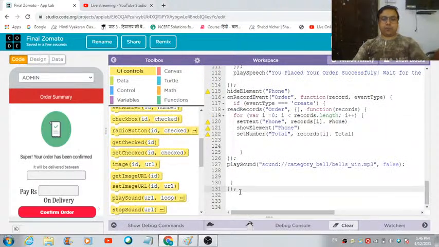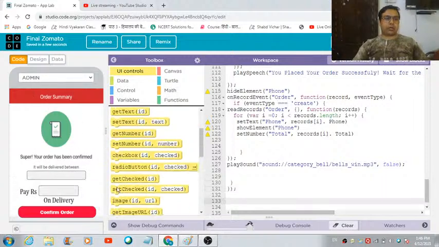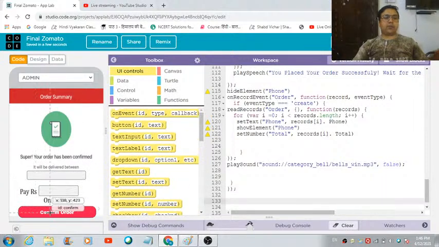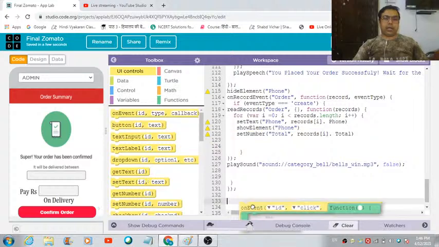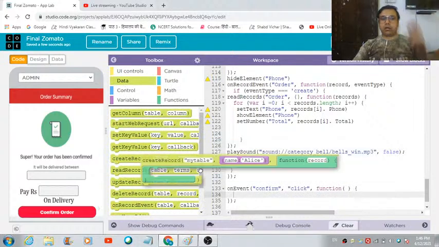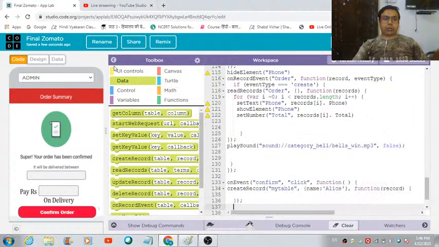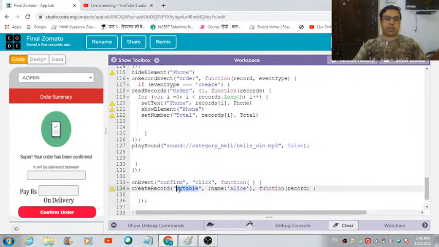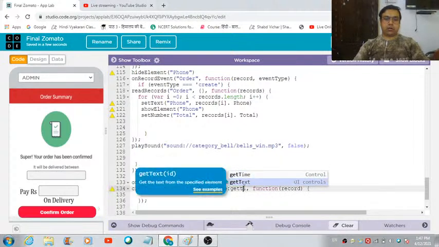Now as soon as the admin hits this confirm named button, I would like a table to get created on the data browser connected to this application, in which I would like certain things to get saved. Confirm is the name of the table, and then I would like the phone number of the user to be there